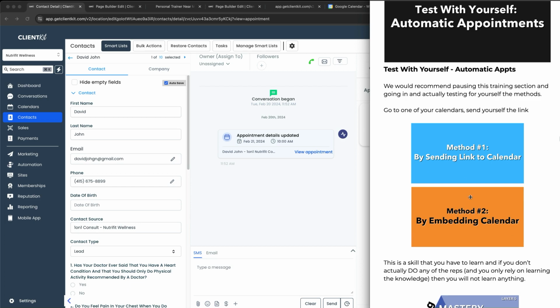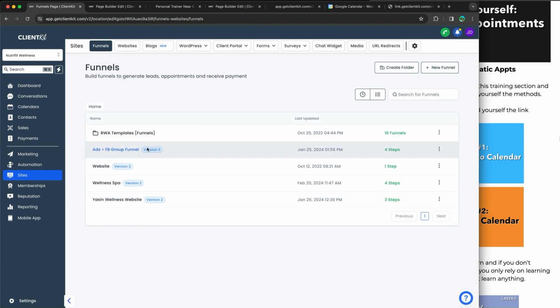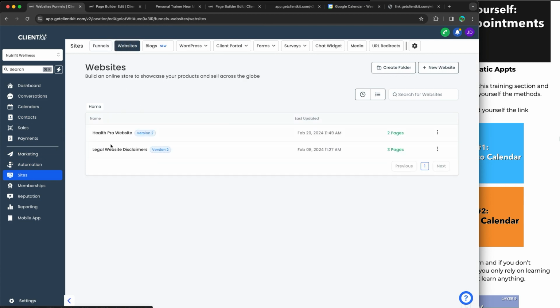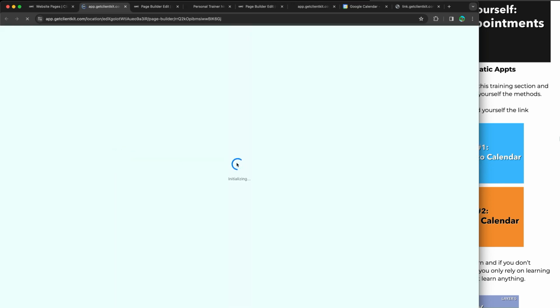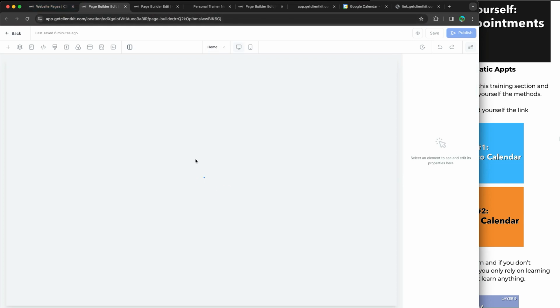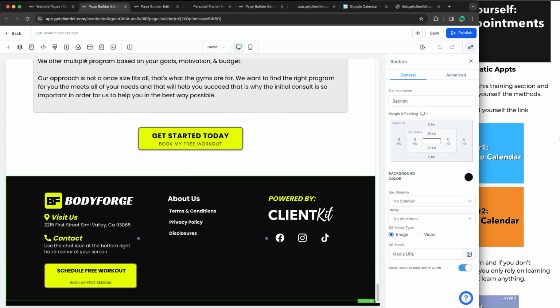Very importantly, the other method that you can also go ahead and test is putting a calendar somewhere, right? So you want to go out there for an action step, maybe go over to the website if you really want to. You can go over to your website and edit it there. Since your website is probably going to be on your domain name, it's going to be pretty cool for you to test this out. You could add a calendar on your homepage, but if you don't want to mess with that too much,